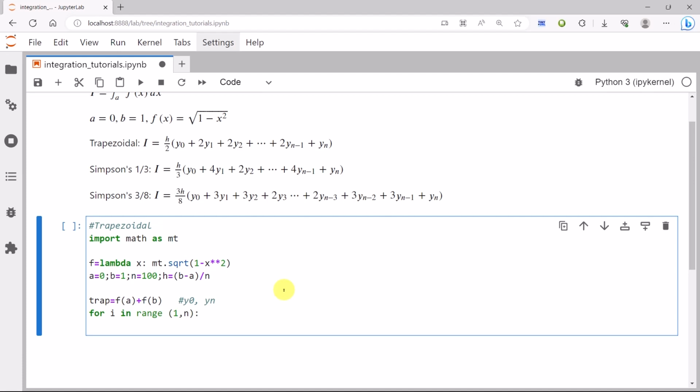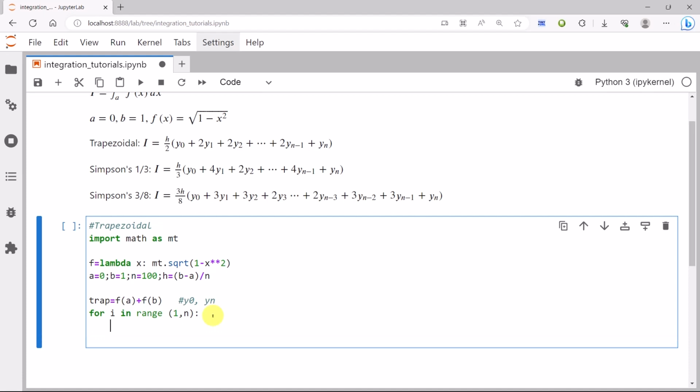Then it will take from 1 up to n minus 1, and that is what I need because 0 and n I have already taken care of. So I need this f(x). So my x is equal to a plus i times h,